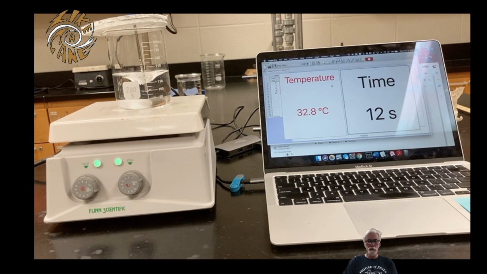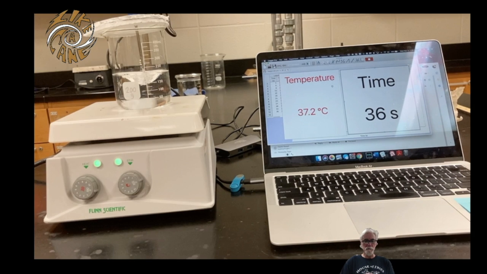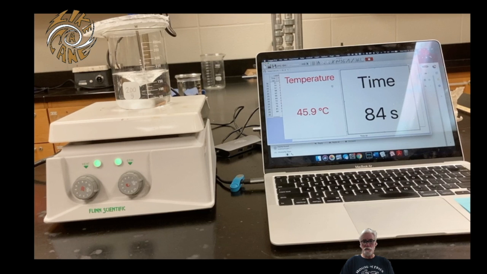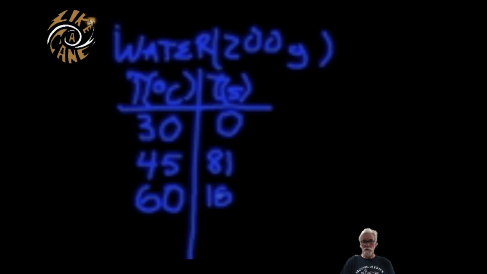So now we're in sped up mode. Time is happening really fast, and we're approaching 45 degrees, and now we're slowing down as we get right close to 45, and we're there. So now we're going to add 81 seconds to our table at 45 degrees, and then back to heating up again, speeding up time because it's boring to watch water heat up, until we hit about 60. Now we're close to 60 degrees, and there we are, we're at 60 degrees. So we record that in